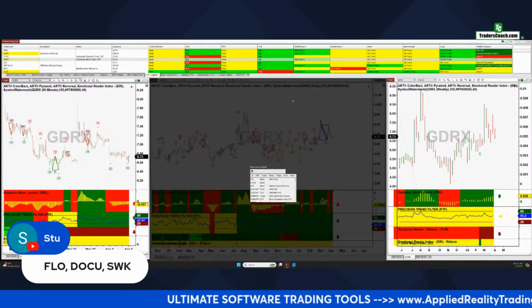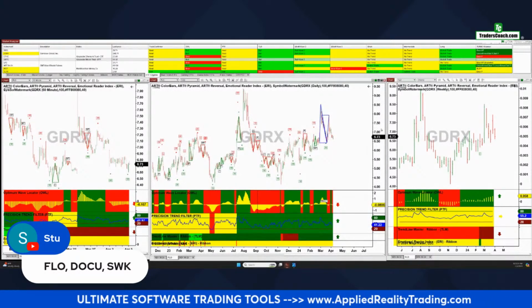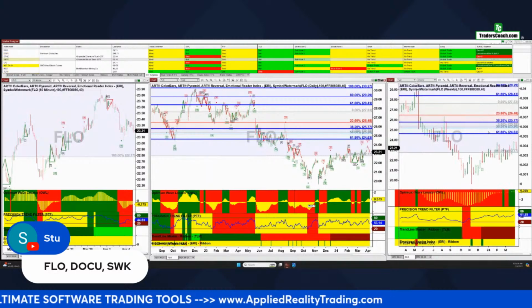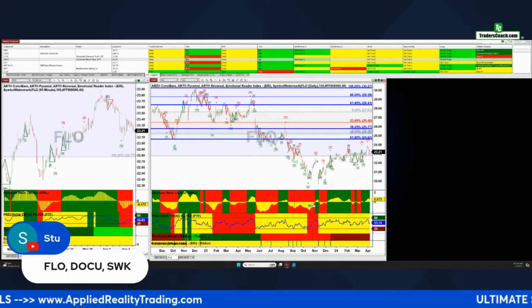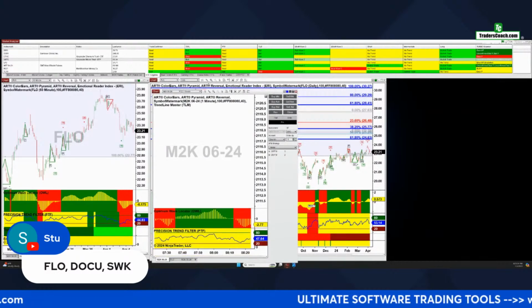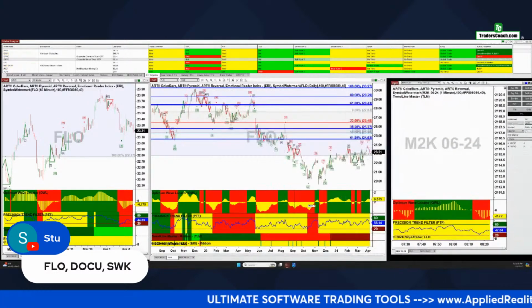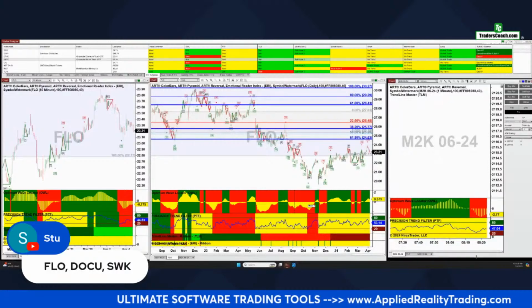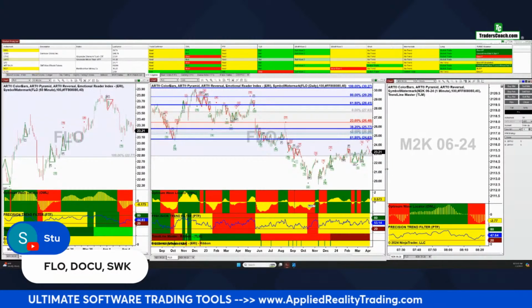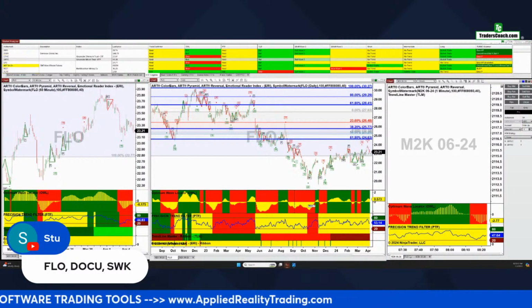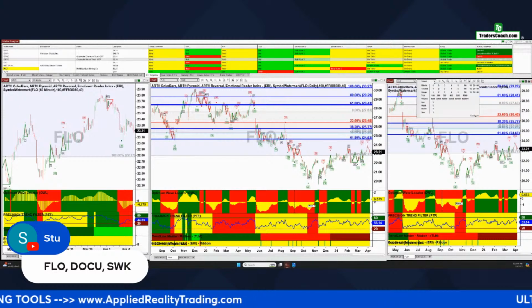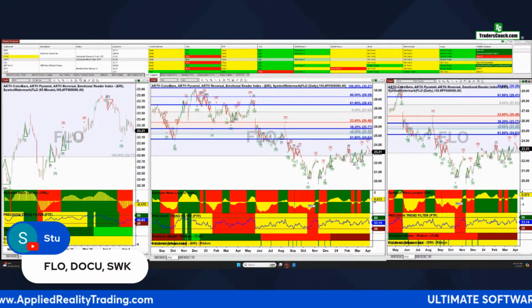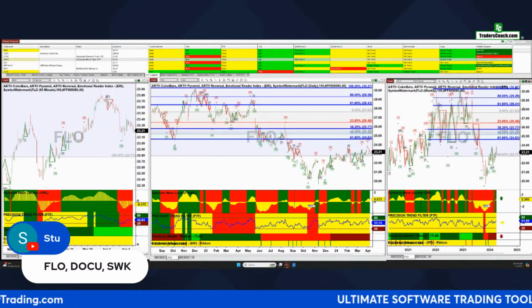Flow, F-L-O. Let's see what you got out there, Stuart. Let's do this. I'm just going to reposition this chart here. Let's do a duplicate window over here. Give me 1 second. I just want to reassess. Some of the price axis on that other chart got a little screwed up here. All right, so let's go back to flow, put that into the weekly, and there you go. See how that works. Okay, there you go.